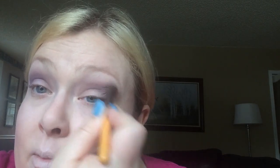Okay. If I had just put this on without the brown color there, it's too light. So with the brownish color, it really brings out the pretty undertones of the color. Bring it up pretty high. Okay, then